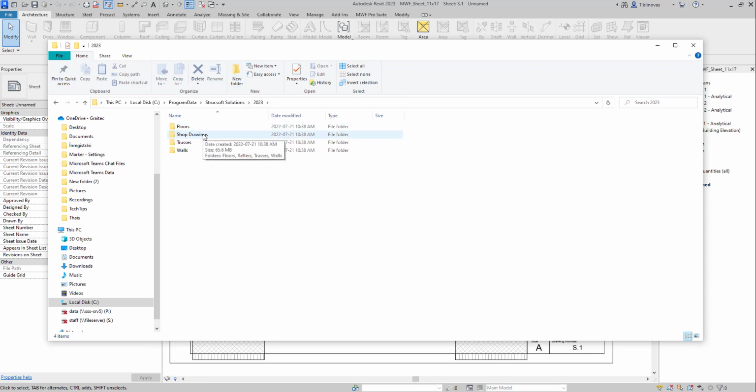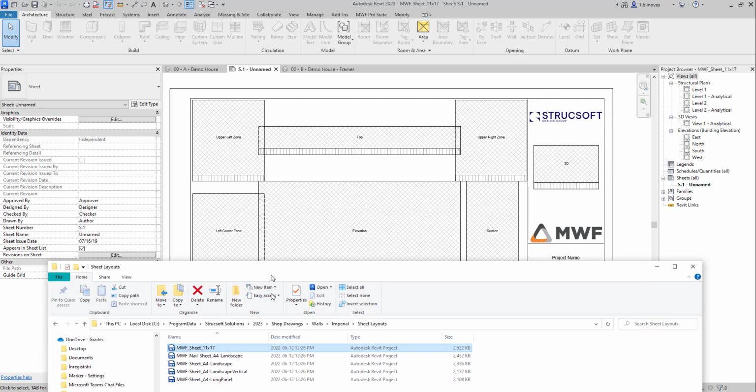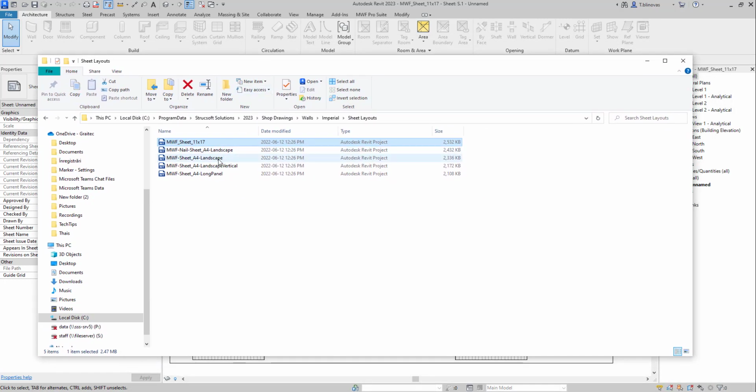I'm gonna go under shop drawings, and now I'm gonna go walls, Imperial, sheet layouts. So this is the path that you have to access to locate our sheet layouts. And again, as I mentioned, we have some default types. We have the 11 by 17 sheet, which is this one that we see here on the screen. And then we also have an A4 type. So you can choose one of these as a template, so you can go ahead and start creating your own